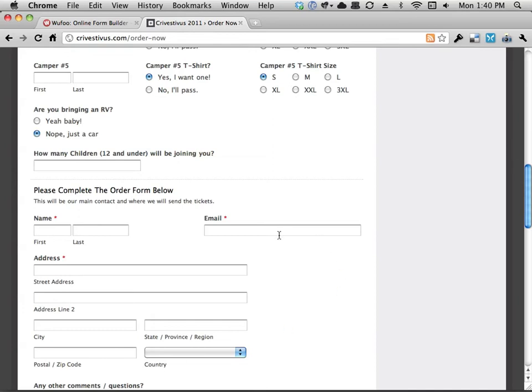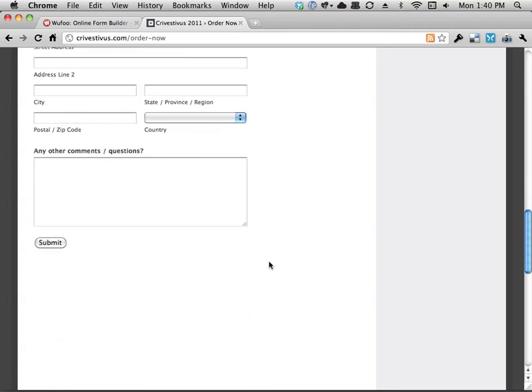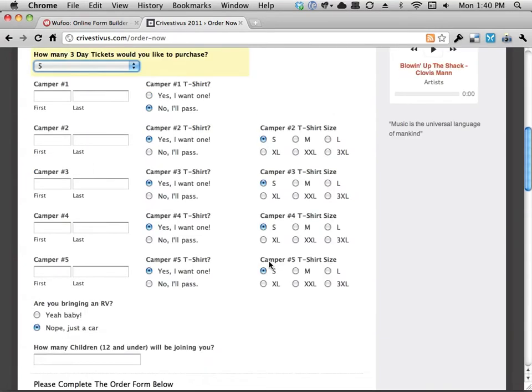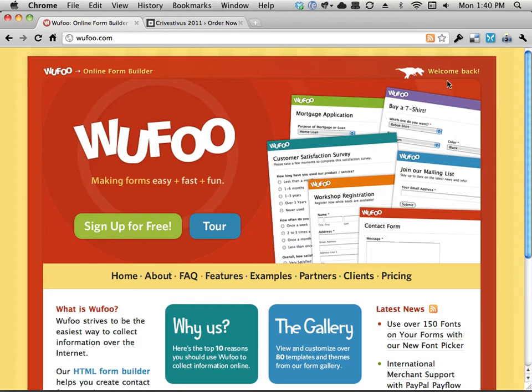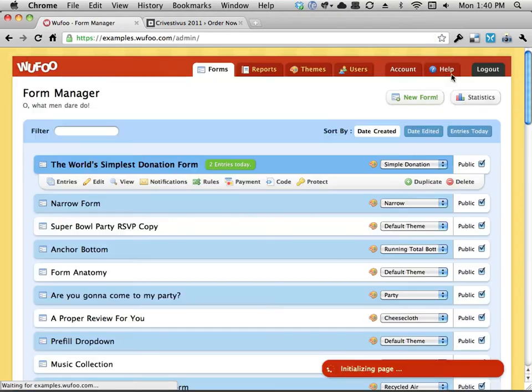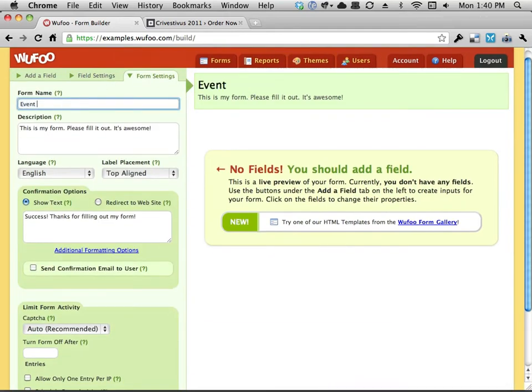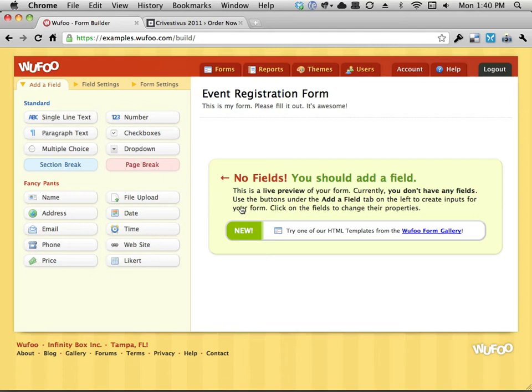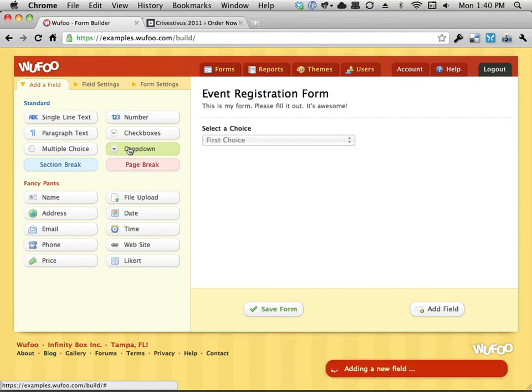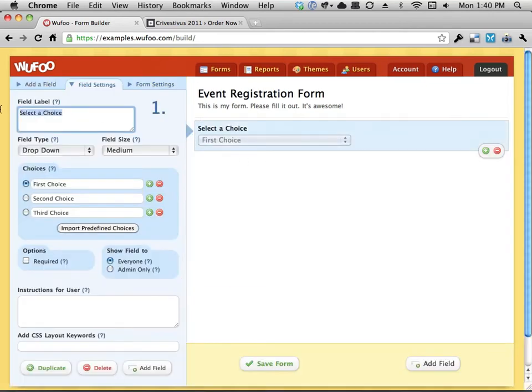And then just some more typical simple Wufoo things, just some fields where it's collecting their name, email, address, and comments or questions. So we're going to jump into building this ourselves. I'm logged in to a Wufoo account here. I'm going to click a new form and just call it event registration form, and we'll get into building it with fields right away. Remember, the first question was a drop-down menu of how many people are going to be registering. So we'll add a drop-down just by clicking the drop-down button and just say, how many people are you